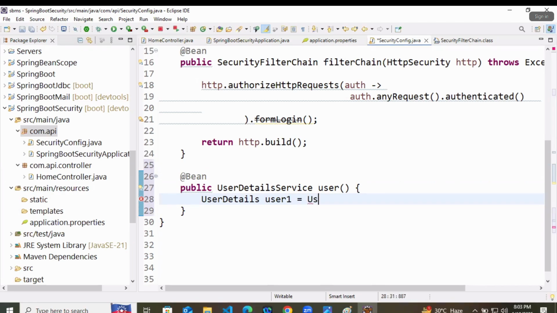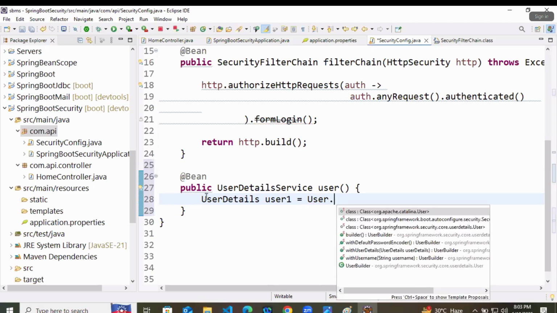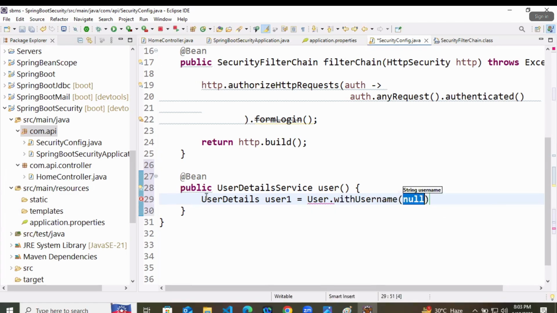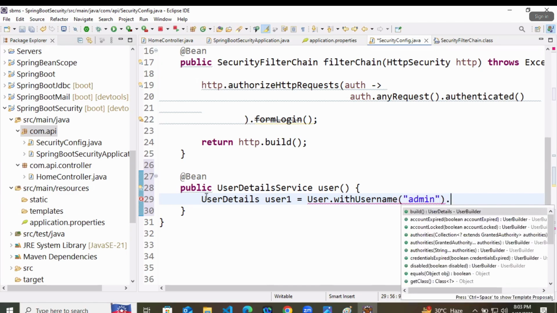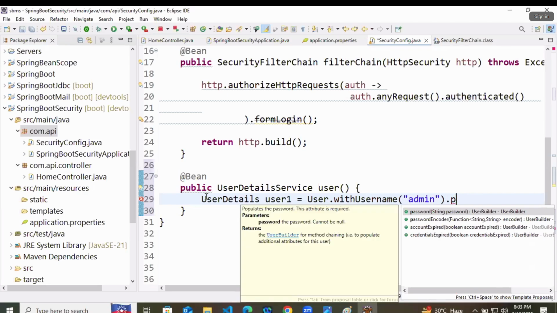So I will say User dot, and inside that you will say withUsername. What is the username? Let's say there is one username, admin, that I am keeping here. User withUsername admin dot password.